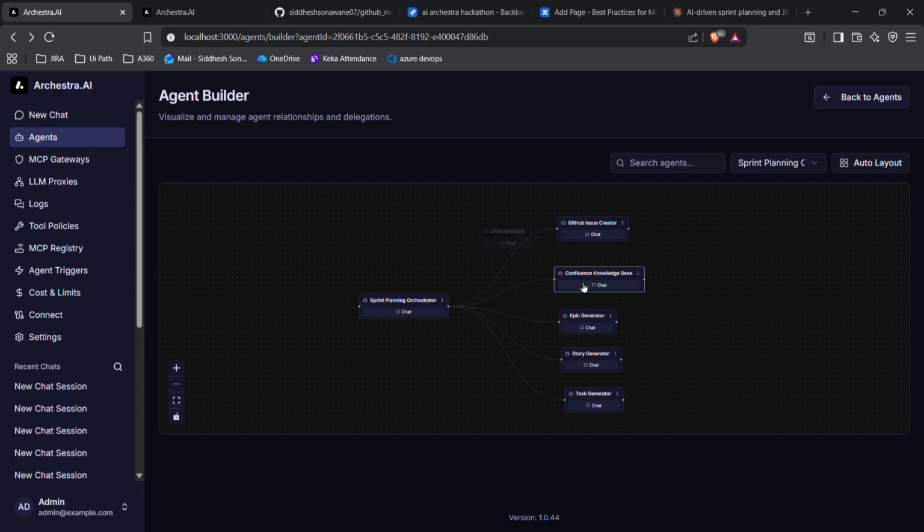The Confluence Knowledge Base agent is used to fetch the best practices that we follow in the organization, and it is important for the one who creates Jira tickets to follow these do's and don'ts. So this knowledge base agent is used to extract information from that Confluence page. Then there are the Epic, Story, and Task Generators, which are responsible for creating epics, stories